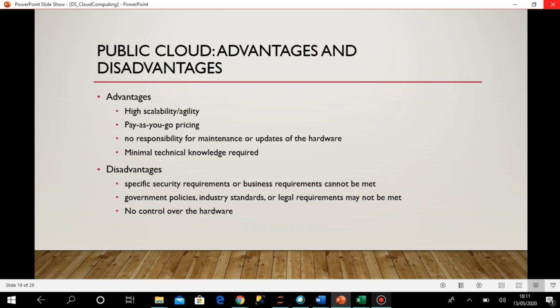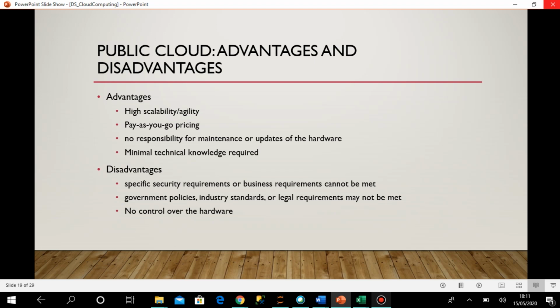Then suppose you are working in a particular country or region where there are different government policies or industry standards. Those things cannot be met because the public cloud is created keeping in mind the general rules and guidelines of most countries. Whatever is there, only that you can use.